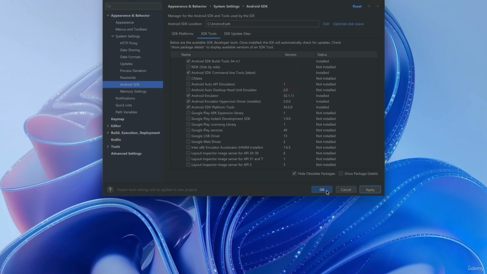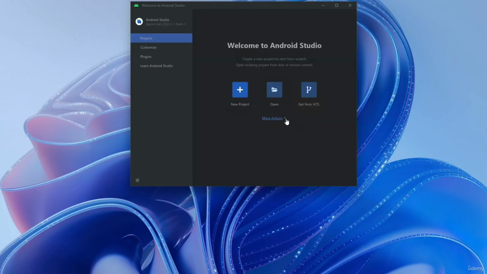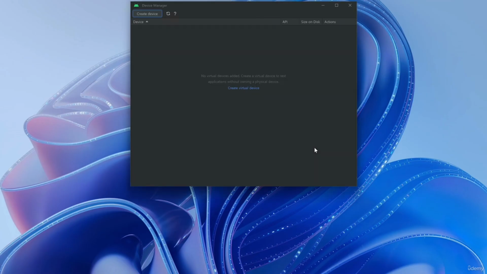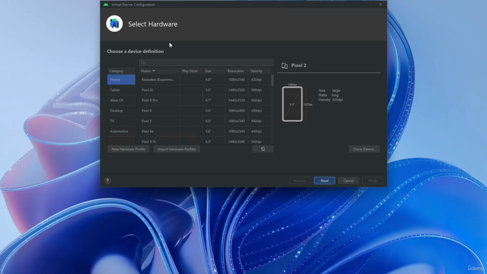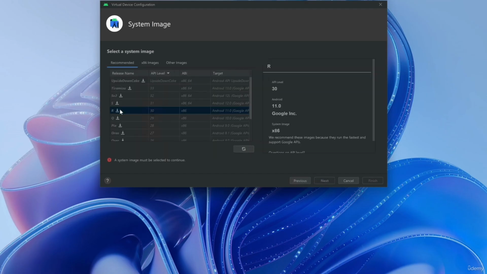Once this is finished, you have all the software installed that must be installed in order to build Android apps with Flutter. But now you should again go to More Actions here and go to Virtual Device Manager. And here click on Create Device. This wizard allows you to create a new virtual device blueprint, and the idea behind virtual devices simply is that you have an Android device emulator running on your system to conveniently preview your Flutter app whilst you're working on the code. So here you can pick any template of your choice, like Pixel 6 in my case,